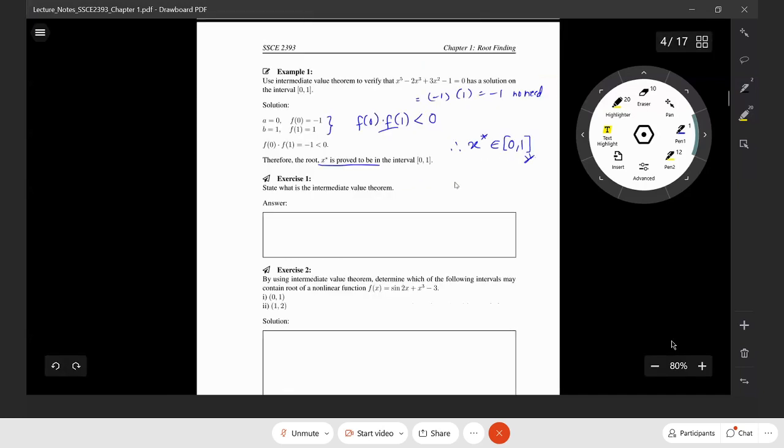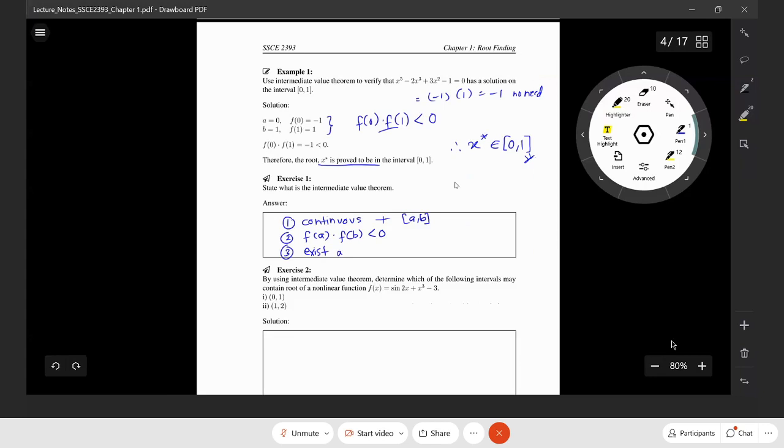Any problem? Yes, IVT. So in exercise 1, state what is the intermediate value theorem. I will write one more time the things that you need to have in your sentence. I don't mind, you just use your own words, but it should consist of these three keywords: continuous, and together with the continuous must also be a and b, the interval. If you use c and d, then change accordingly. But normally students will stick to the common way to write the interval a and b. Second, f(a) times f(b) needs to be negative,